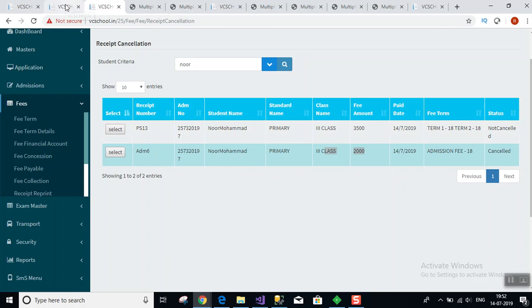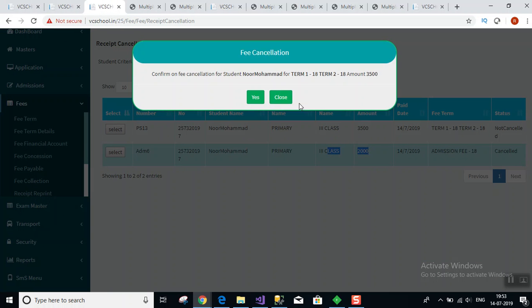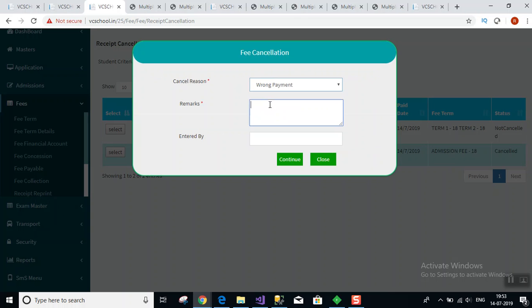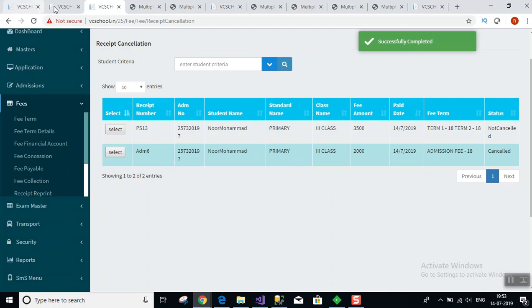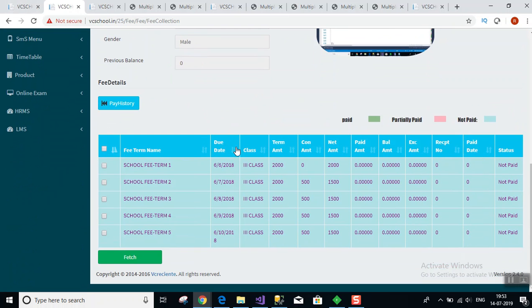Now we can cancel that 3,500 amount. Here you can see 500 waiver, 2,000, 1,500 paid. Yes, 3,500. Now I am cancelling this. Select. Yes. Continue. 3,500 also cancelled. Now, if I want to remove concession also for this student,